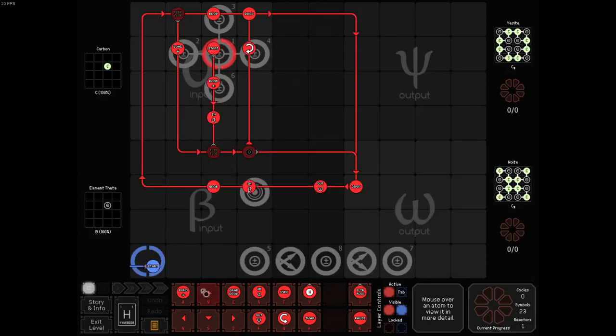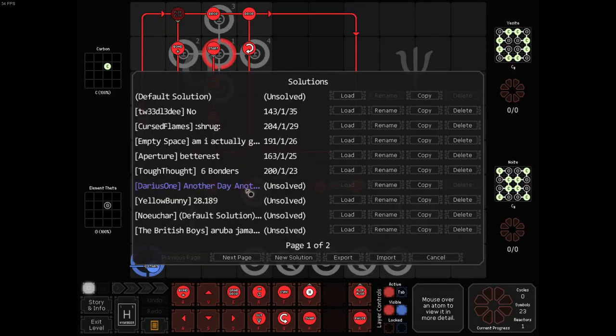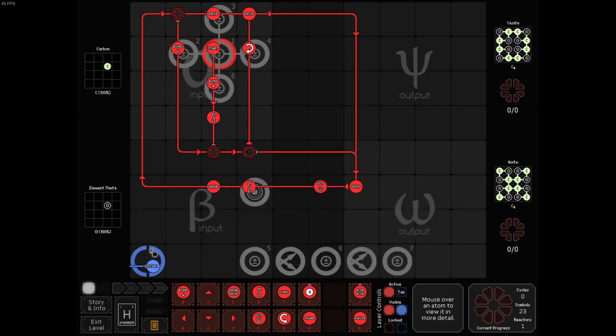Then we have Darius one, which says another day, another solution. I think it's his solution, but I don't have it at hand. He uses a sensor, so let's see. It is a bit sad he needs an arrow, but this is a kind of common thing, because when you do multi-part molecule assembly,